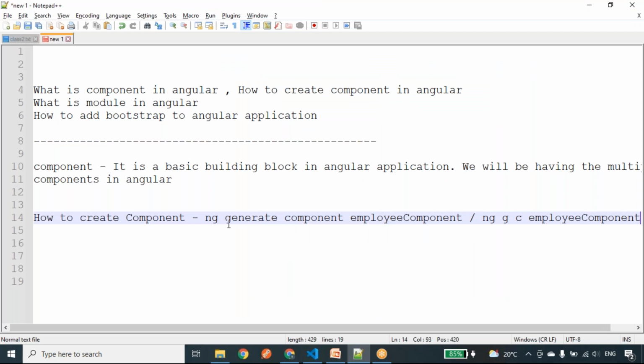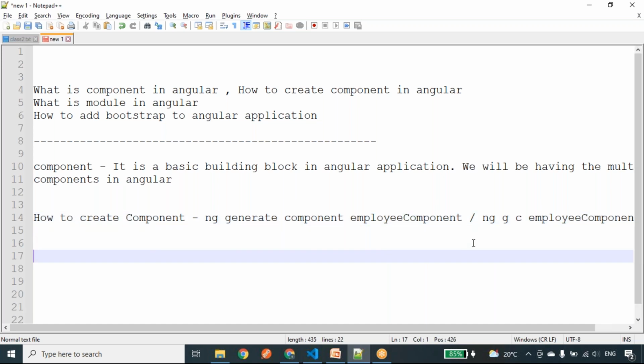So next, like I told you, we are going to create the component by using ng generate component and employee component. Next, we will see what is present inside the component. Now we have defined it at a high level, so now we will see the code. I mean, what is meant by the component. So a component is nothing but